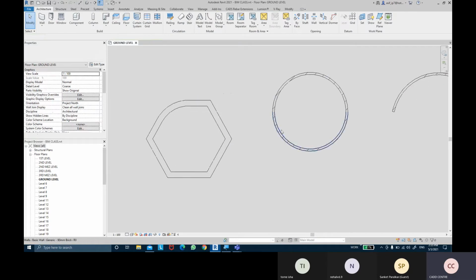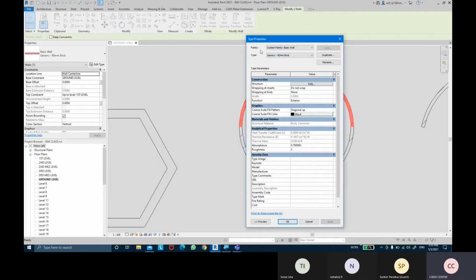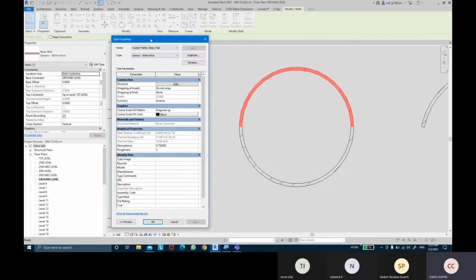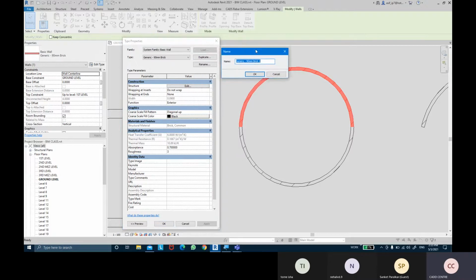Even for these walls, supposing I want to create a 100 brick wall, I select this wall and go into Edit Type. This is currently a 90 brick wall. So I'm going to duplicate this type first, so that it keeps the 90 brick wall as it is. When I click on Duplicate, I need to provide the name. Instead of 90, I'm going to call this generic 100 bricks.